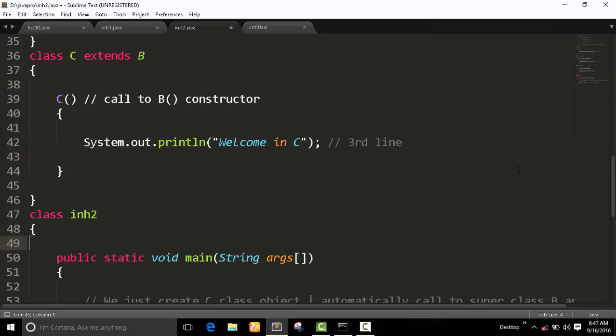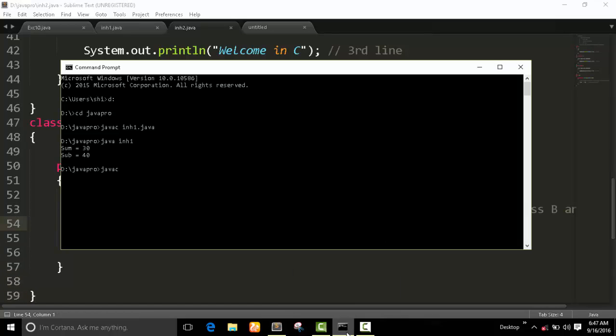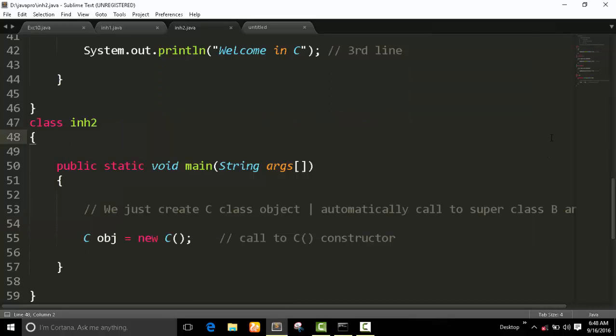Got it? It's a very simple example of inheritance with multi-level. Got it? See the output of this simple program. It's inheritance ABC. So the basic structure of inheritance is the constructor